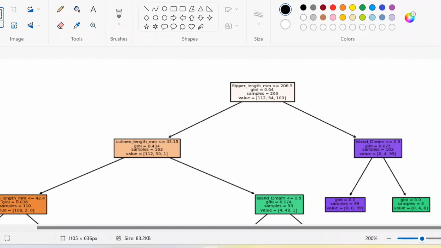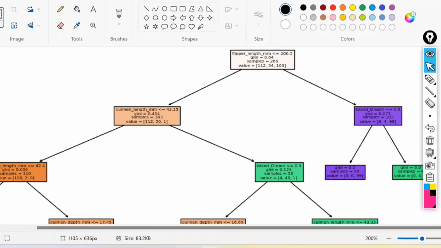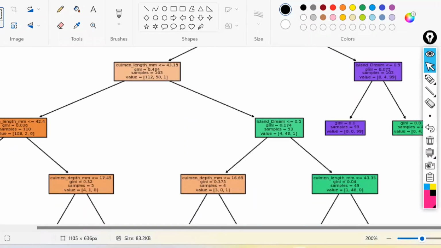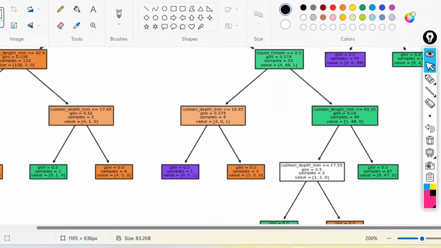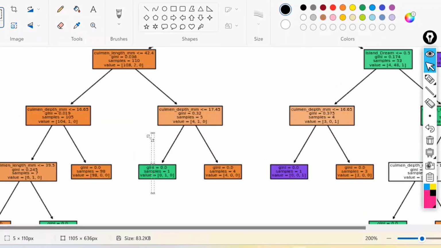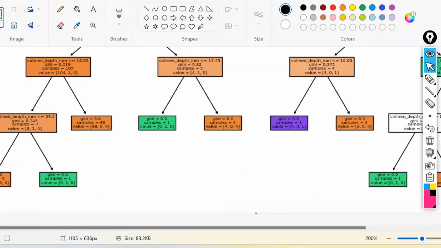Now the tree is classifying. After the tree classifies, what leaf nodes do you get?